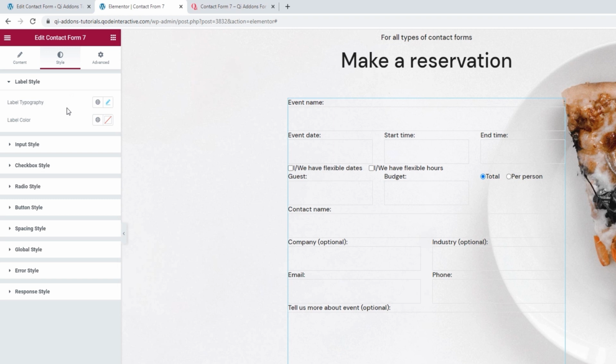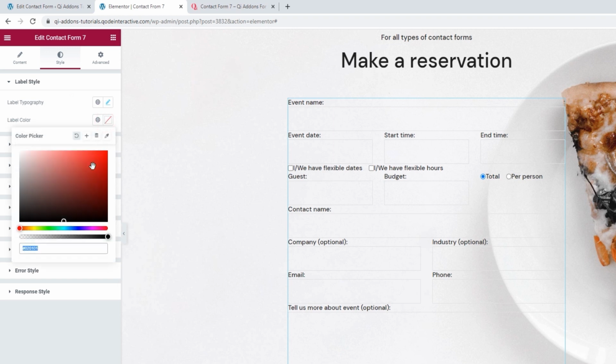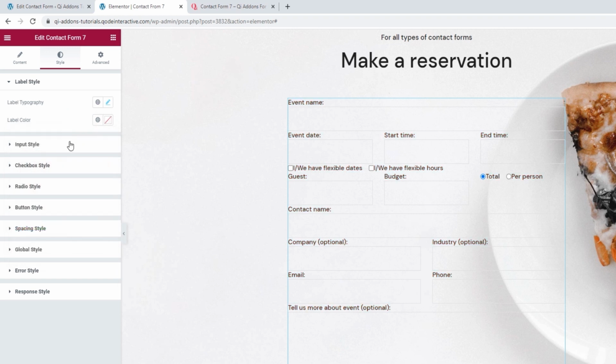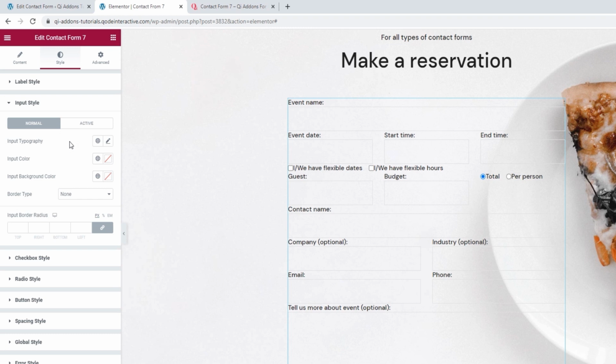Besides them, we have this option for changing the label color. You can pick any shade you like if the default one isn't working for you. Then we have the input style options. These are for adjusting the fields under the labels, and they are twofold. There are the options for the normal display and the active display, which is when we are actively working on